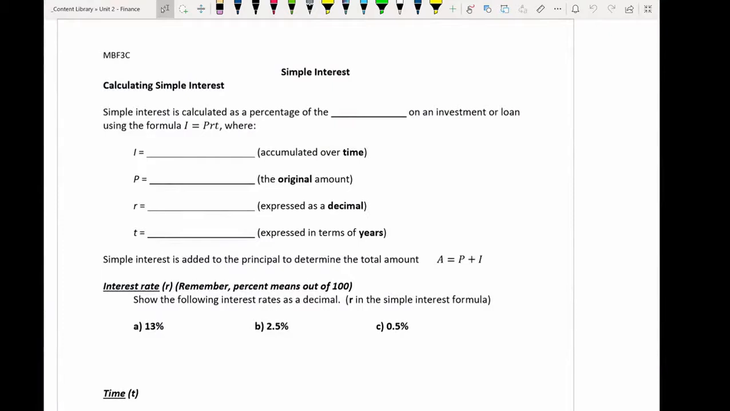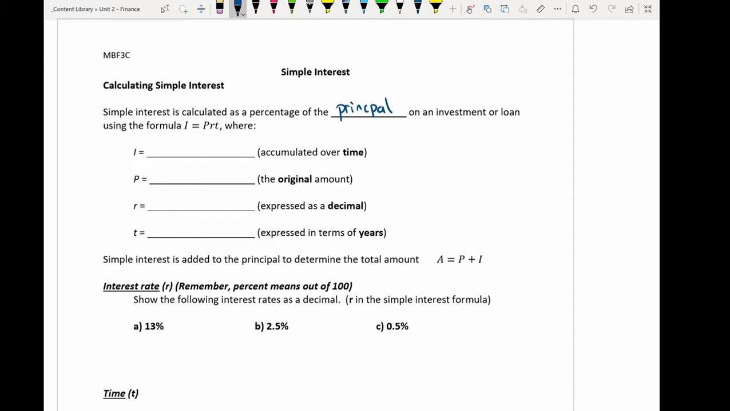In today's note, we are going to be looking at simple interest. This is our first note in our finance unit, and it's the easiest way to look at calculating interest in terms of money. But for lack of another word, it's the simplest way. So simple interest is calculated as a percentage of the principal